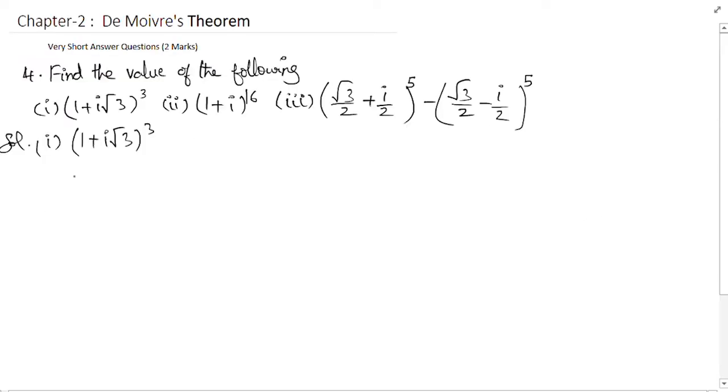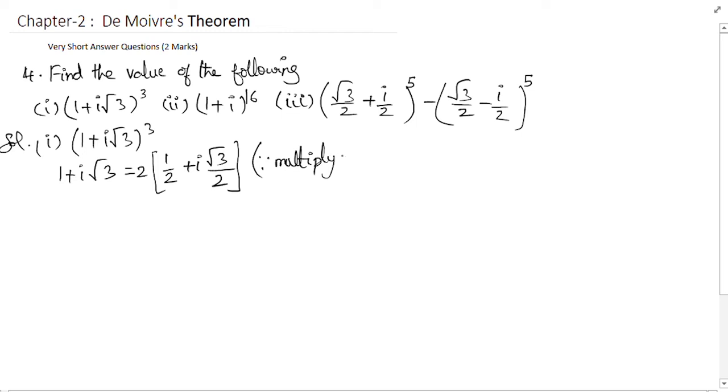So now we'll find the solution for the fourth problem. Find the value of the following. The first bit is (1 plus i root 3) the whole cube. So here I can say that 1 plus i root 3 is equal to 2 into (1 by 2 plus i root 3 by 2). How I got this? Since I have multiplied and divided